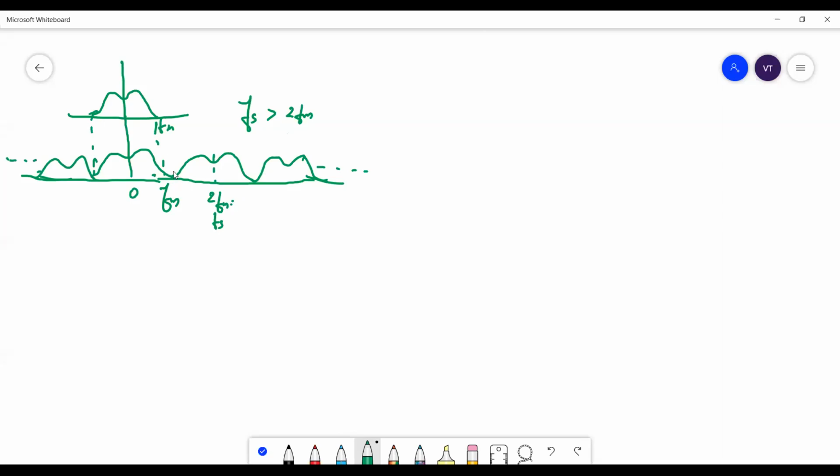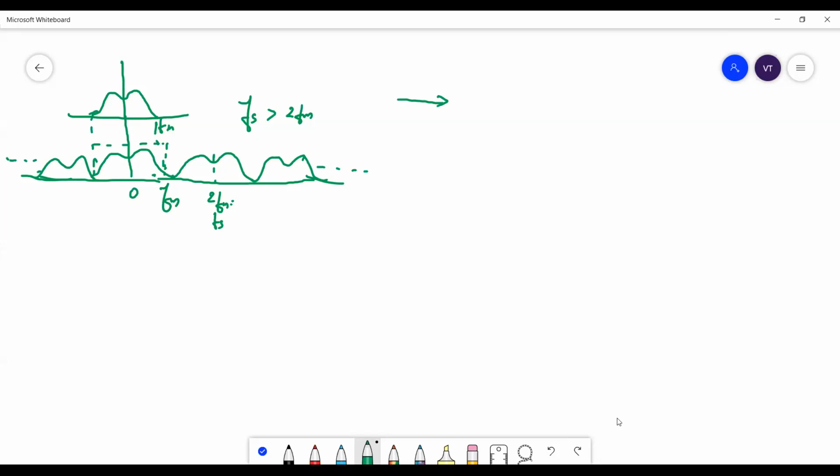Which means you should have a very small guard band in between. Otherwise, you will not be able to reconcile. But let us look at the critical case, which is the Nyquist sampling condition. To reconstruct this, you will need an ideal low pass filter, which gets back the baseband. So if you have an ideal low pass filter, you will get the baseband. So what you have here is the signal.